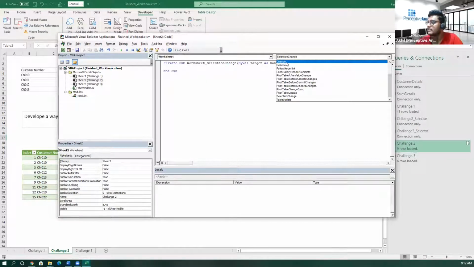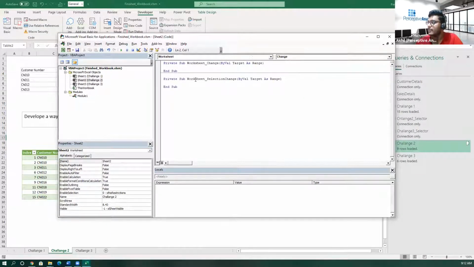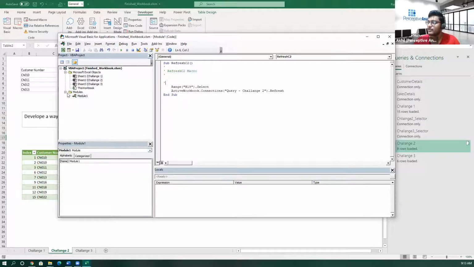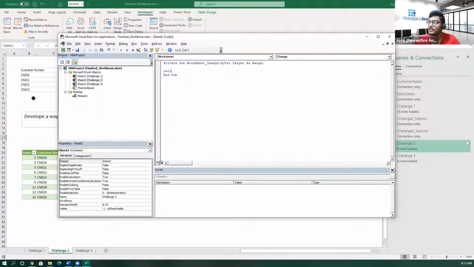So I'll select Change, and this other one is not required, I'll remove that. This subroutine will run whenever some change has happened in this worksheet. If I call that macro, the one I created, refresh 2, in here, whenever a cell gets changed, this macro will run automatically.